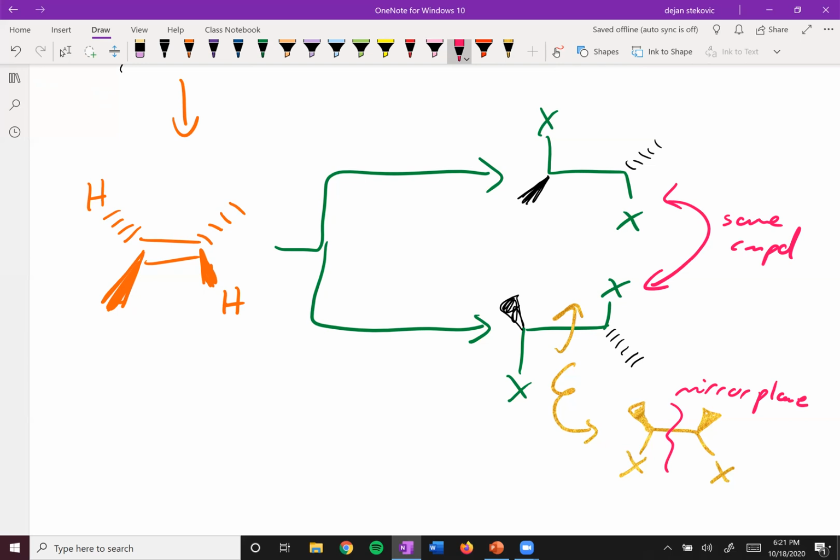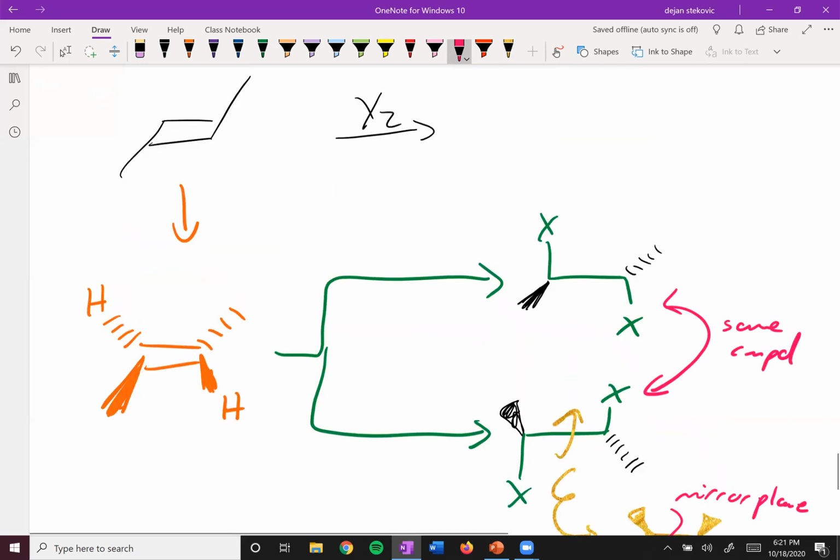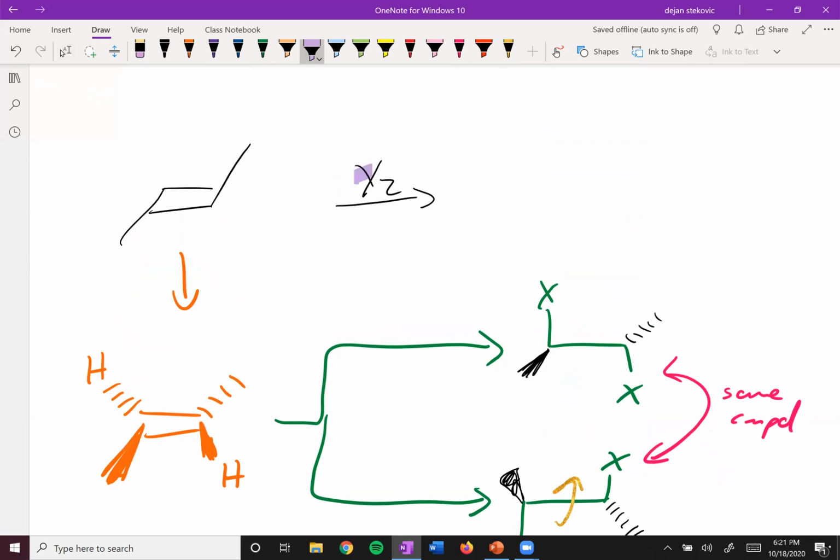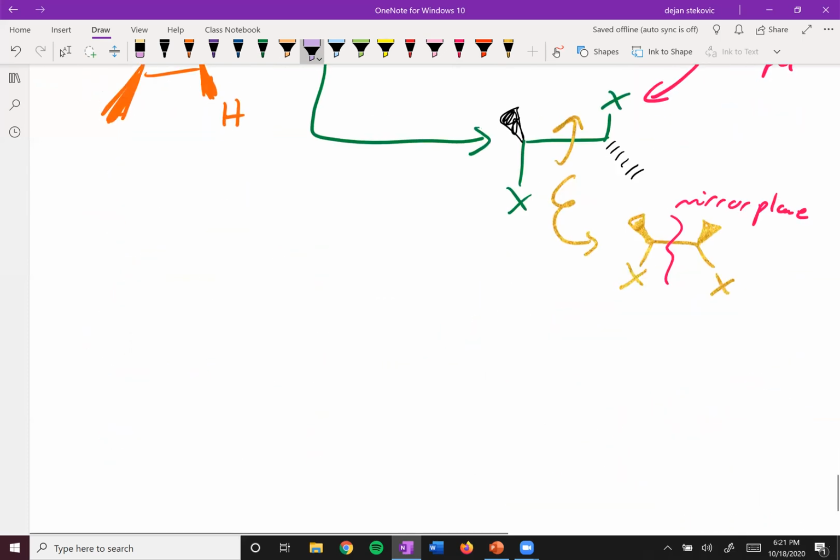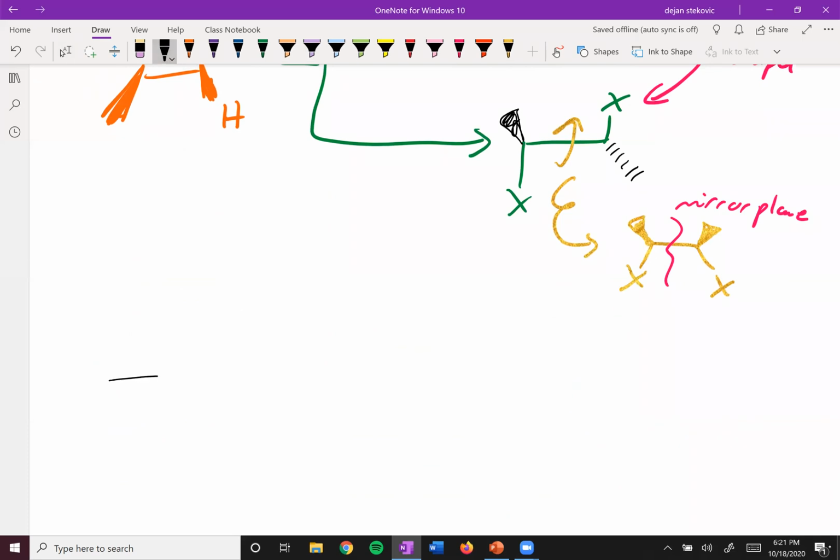You notice that in order to get these meso compounds, we have to have added something that's the same, right? If you add an H and an OH, they're not really going to be meso. You have to add the same thing across both double bonds. Whereas if we had the cis version of this compound